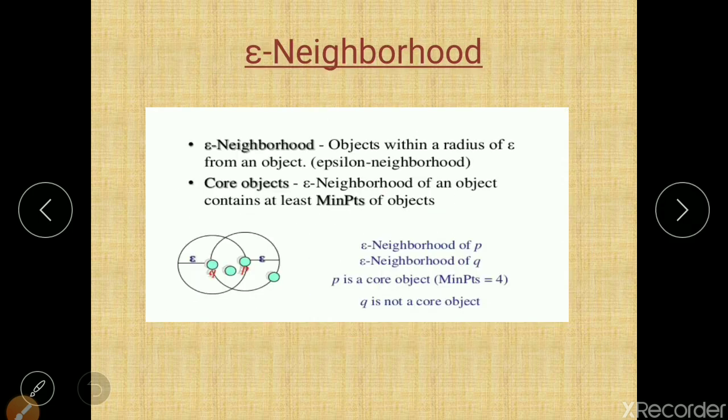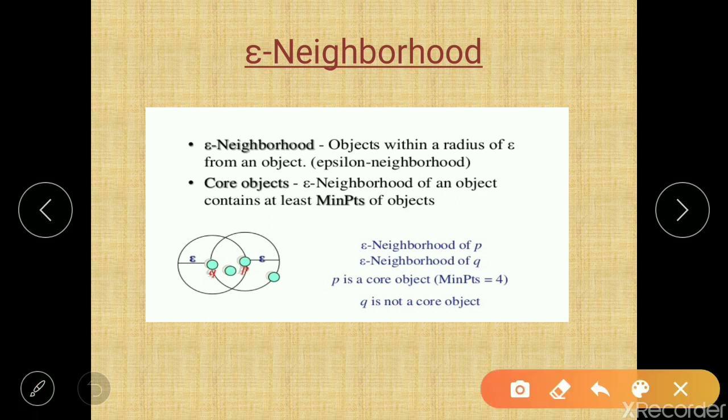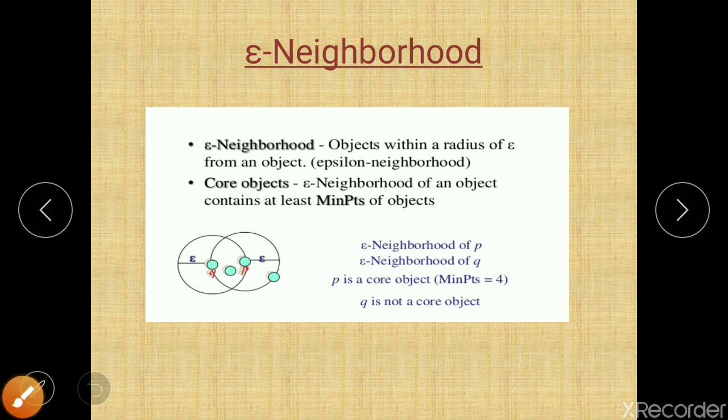The next is epsilon neighborhood. What is meant by the epsilon neighborhood? It is an object within the radius of epsilon from an object. Here you can see two objects: one is object P and another is object Q. The epsilon neighborhood of P and of Q means objects within that radius of epsilon.